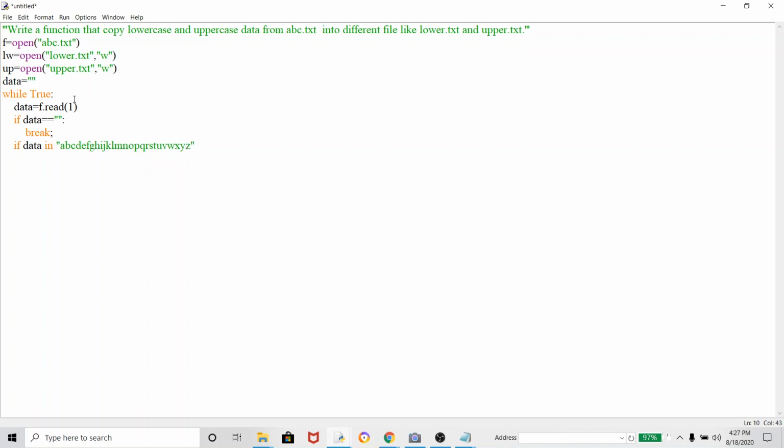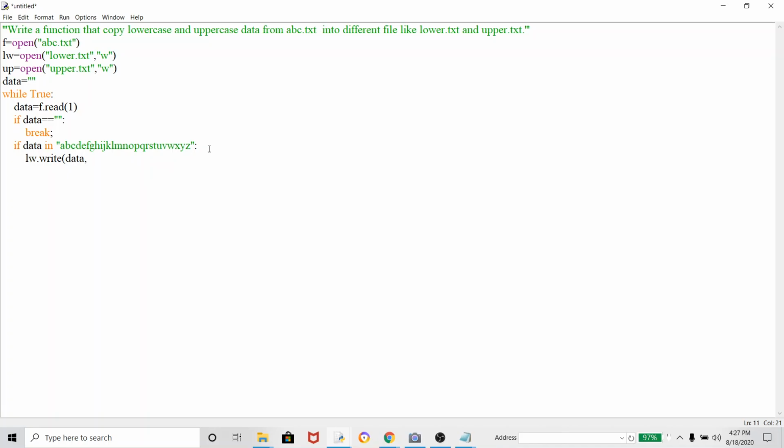If the data belongs to these, then we have to write into the LW, so LW write data, lowercase, and we have to give the spaces also.